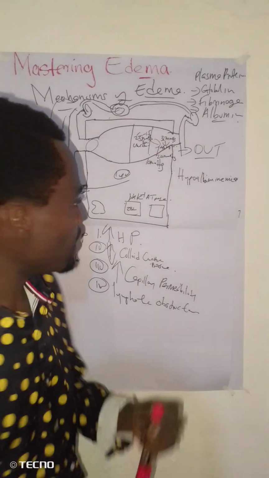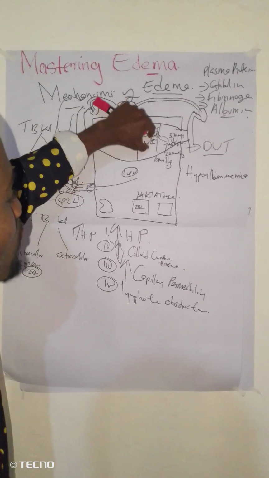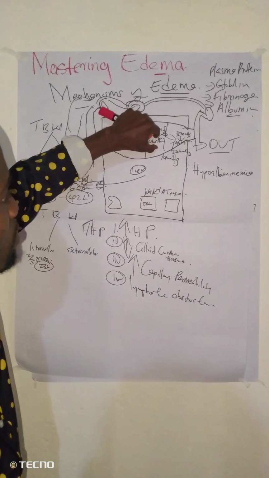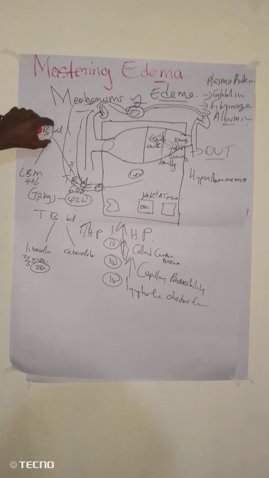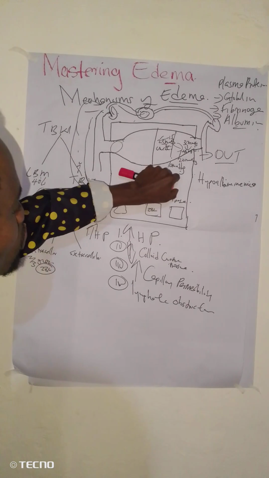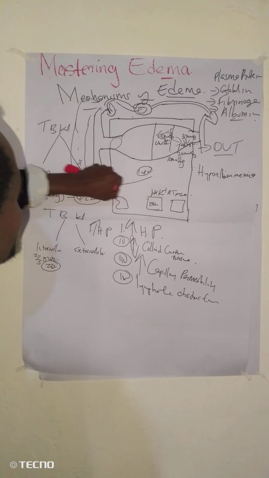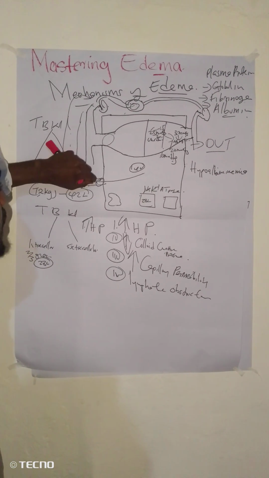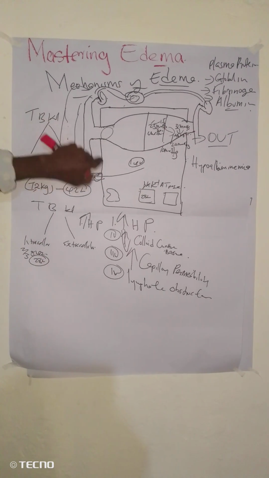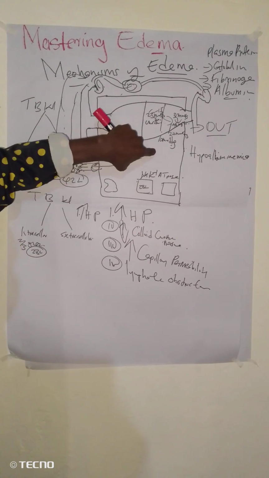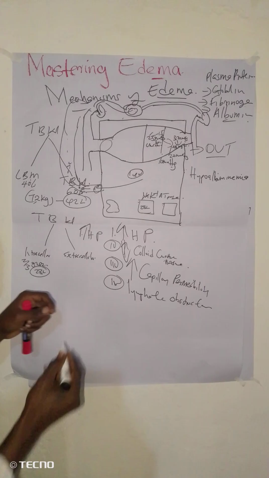And just to make it very clear, remember we were talking of the oncotic pressure. When there is a reduction of oncotic pressure, the fluid is coming, but the lymphatic system is okay, meaning the protein that escaped through the capillary membrane will be drained through the lymphatic system. But in a case where it is obstructed, it won't be able to drain to the lymphatic system. Therefore, it will trap a lot of water into the interstitial space. So this is to mean